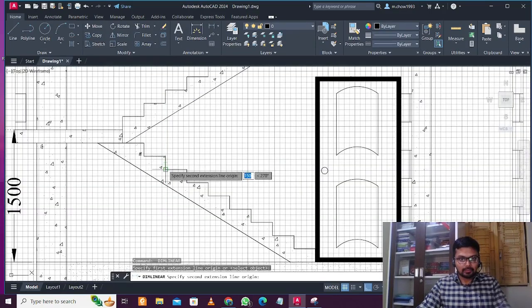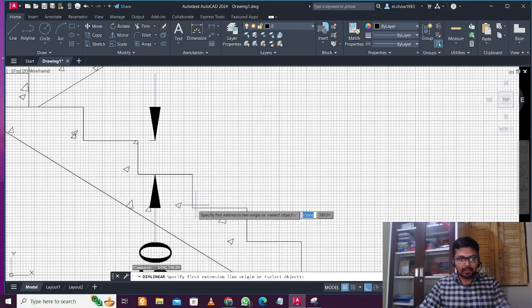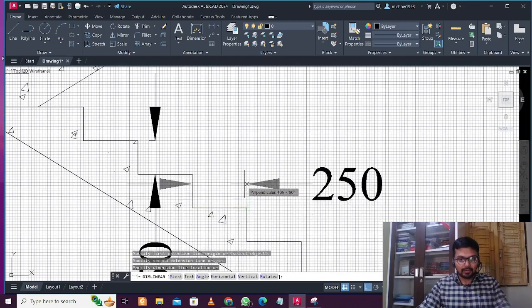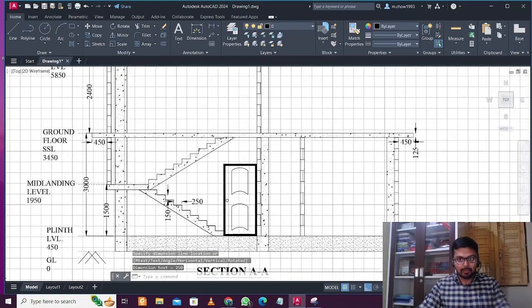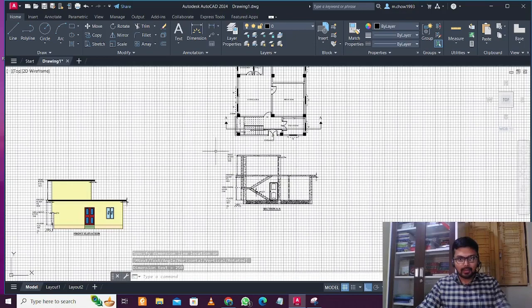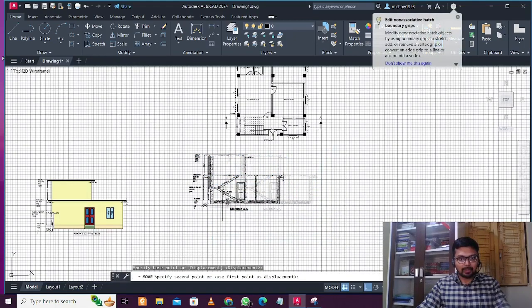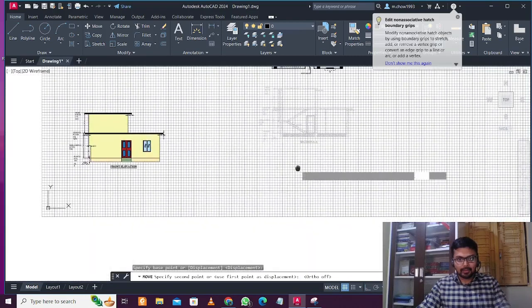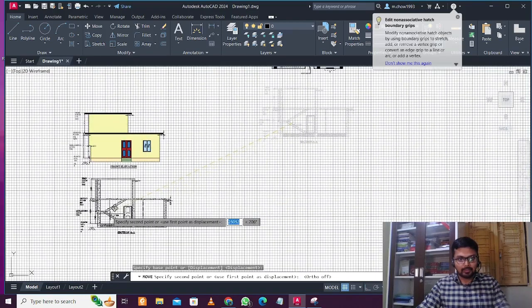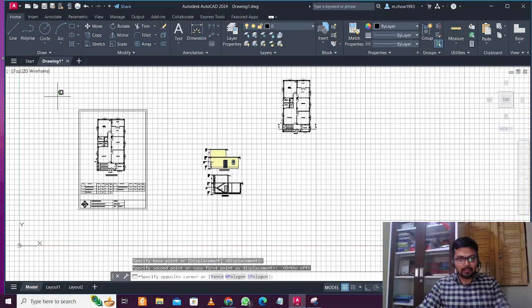This you can show one riser and one tread. You just show this. Okay, perfect. Okay, and I'll just put this below. You can also show the parapet wall if you want. Okay, I'll just put this below, and then this